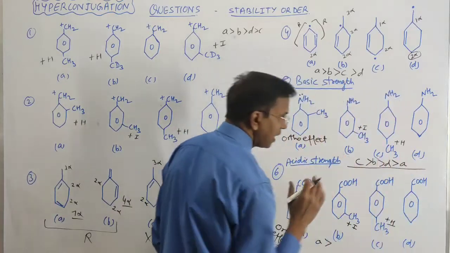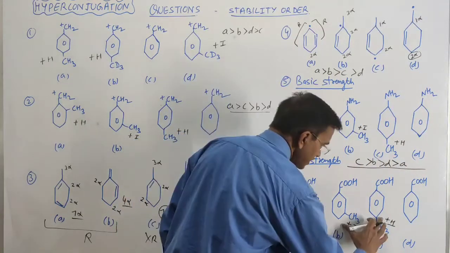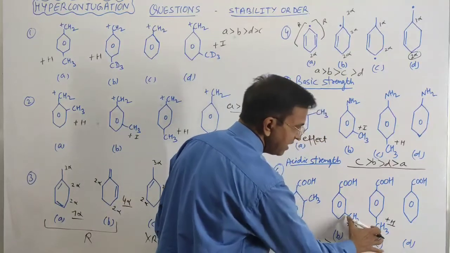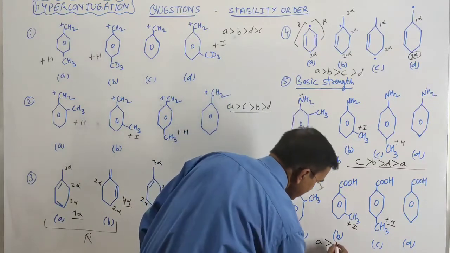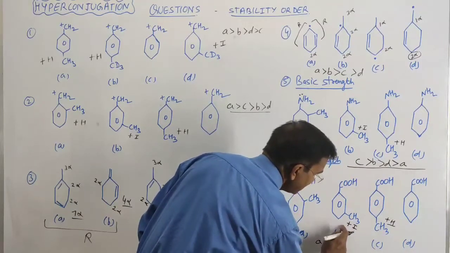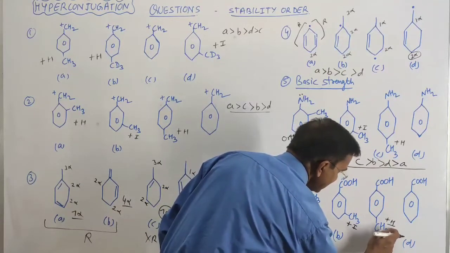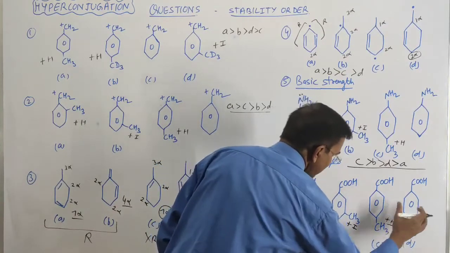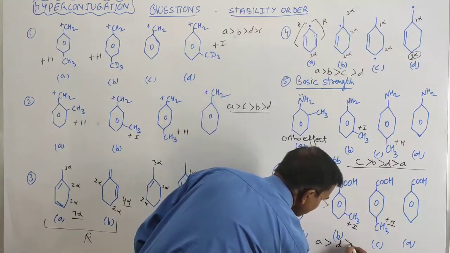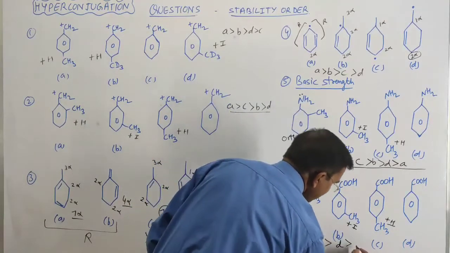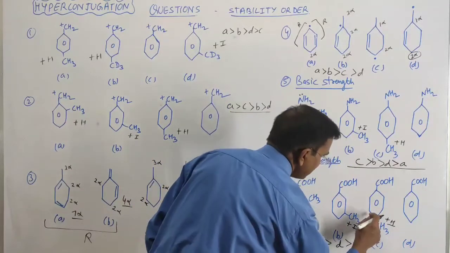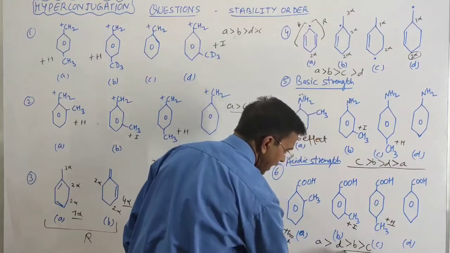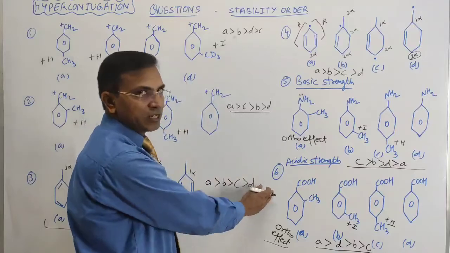Right? Now here is a simple carboxylic acid. So these two substituents make the carboxylic acid less acidic, right? So here it is more effective than this, so it is less acidic than this, and here is the simple benzoic acid. So that means after this D, and then B, and then comes the C. C is the least acidic, right? So this is the acidic strength of the given species in question, right?